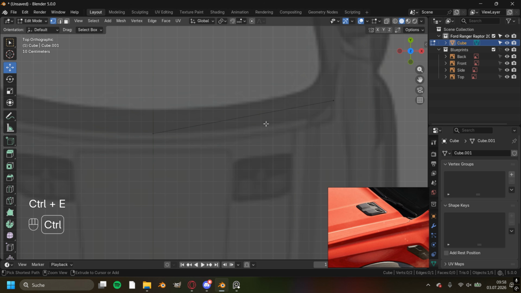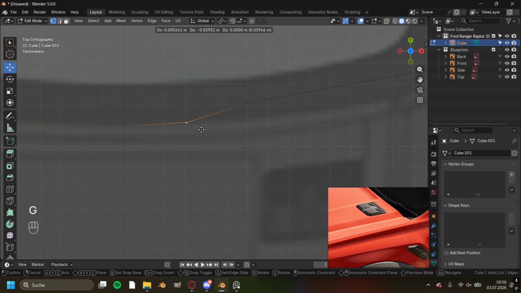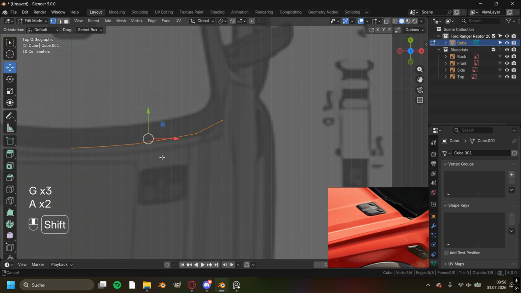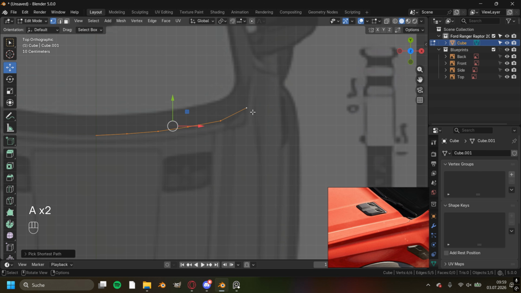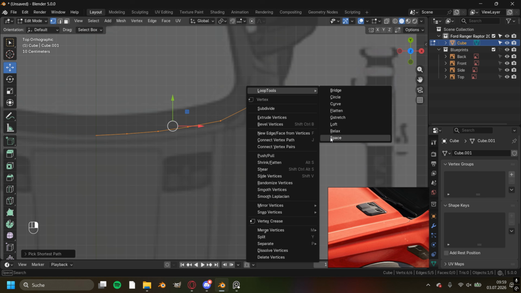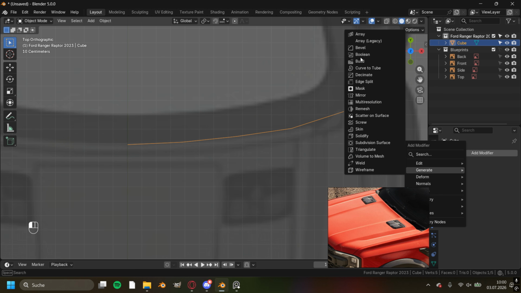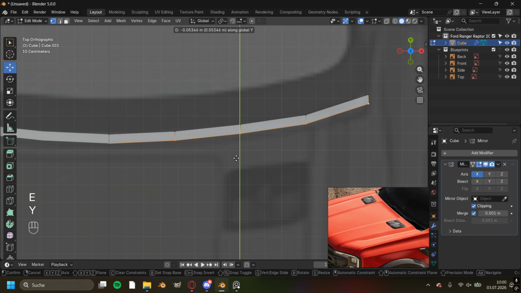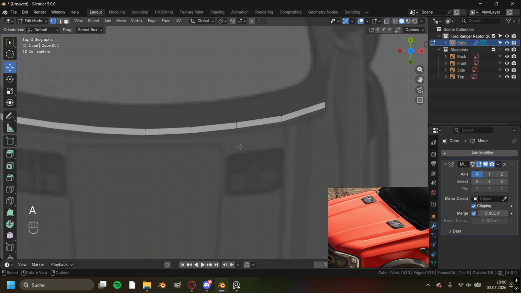With the loop cut tool, by pressing Ctrl R, I have added in even more vertices to this edge right here and have aligned these vertices onto the blueprint line. And to make the space in between the vertices even, I have also used the loop tools function. As I'm only going to model one part of the car, I have also added in a mirror modifier. Then I took all of the vertices that have existed in the scene and pressed E and Y to create